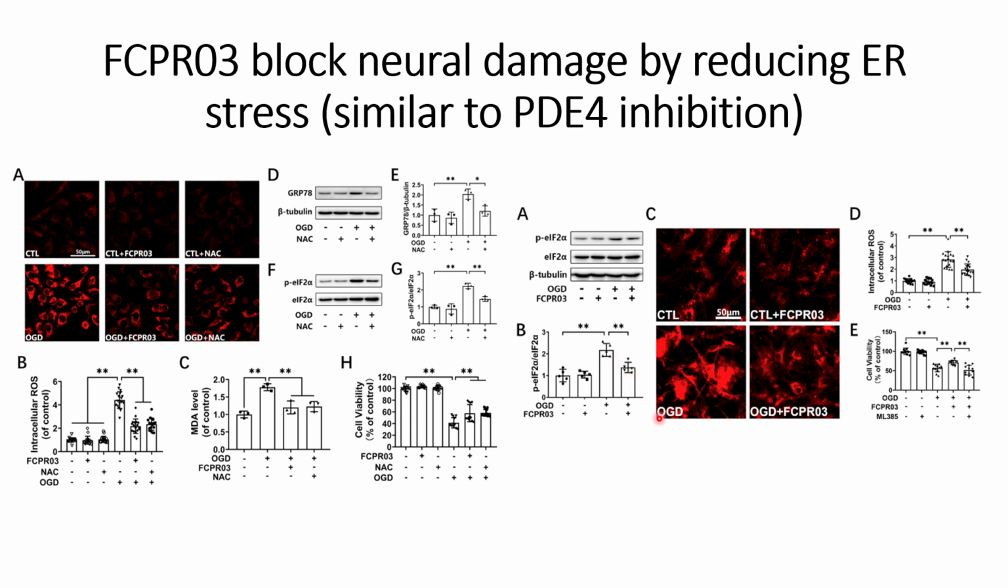So in this panel what they have done is that they have inhibited NRF2 and checked whether this will result in the inactivation of FCPR03 or not. So this will make sure that FCPR03 works only through this way and not through any other way to reduce the ER stress. In this figure, they have checked the protein, that is p-EIF2 alpha,